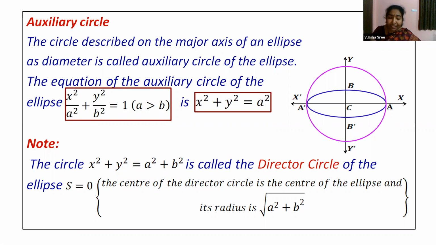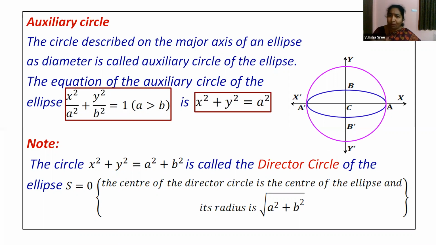Now for this, you have one more definition for a director circle in terms of a tangent. Now what is that we have? The locus of point of intersection of all the perpendicular tangents. Now when you draw tangents to an ellipse, how many tangents can you draw? At every point on the ellipse you can draw a tangent. Now what are you doing? You are taking the tangents which are perpendicular to each other. Right? The point of intersection of those two perpendicular tangents.